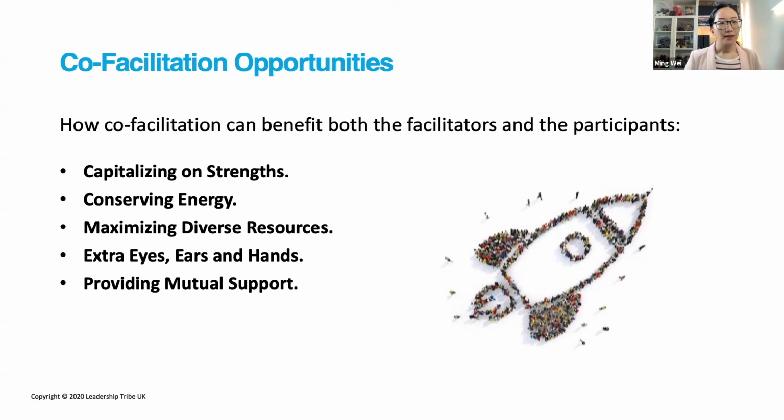Okay, and the last one is mutual support. As human beings, sometimes we have emergencies, and we need support from other people. I recall one case where one of my co-facilitators had a personal emergency, and literally he was in bed, he couldn't get up. And I had to deliver the 3 days all by myself. But just imagine if I was not there. There would be no one to deliver on a last-minute call.